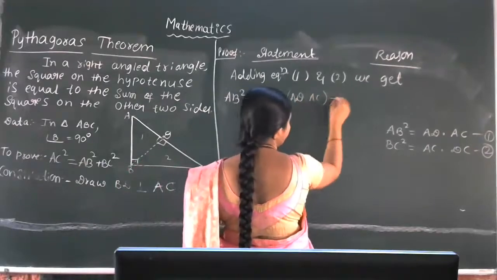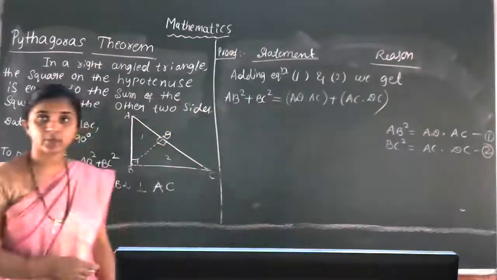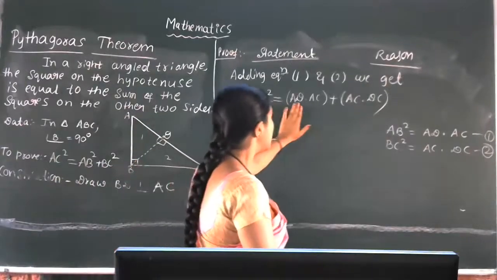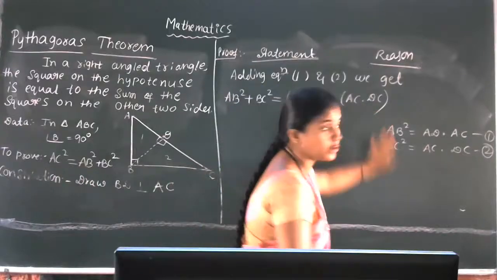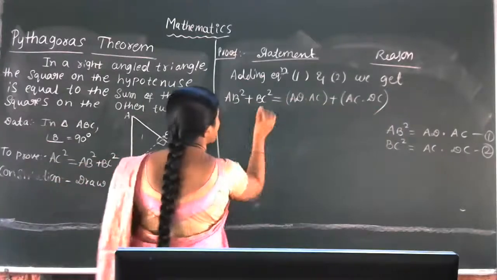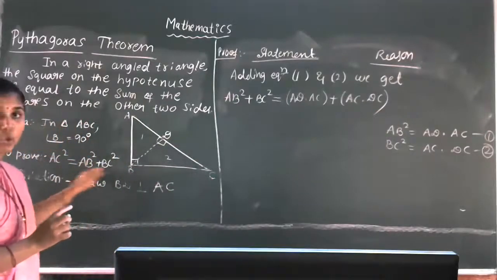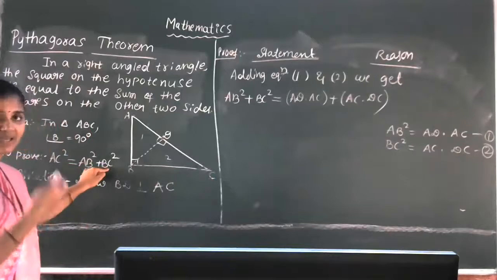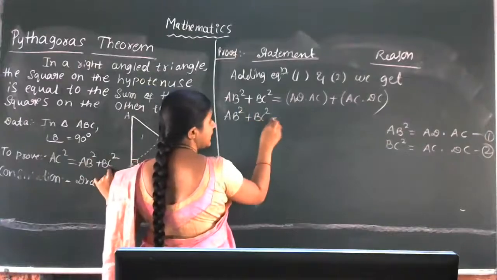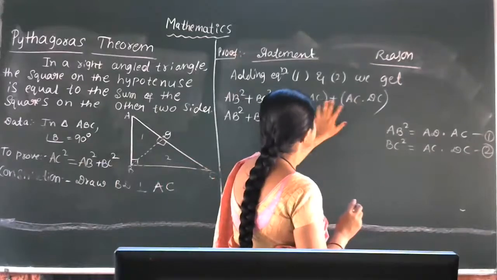There is no need to learn the theorem by heart. If you keep the steps in mind, you can directly solve and write the theorem in the examination hall. No need to memorize ABC, ADC. Just keep the steps in mind. Compare ABC and this triangle. Then second, ABC and this triangle. Whatever equations you get in step 1 and step 2, you have to add. Is that clear, students? So this is about the Pythagoras theorem. We have got the clear picture of the Pythagoras theorem.